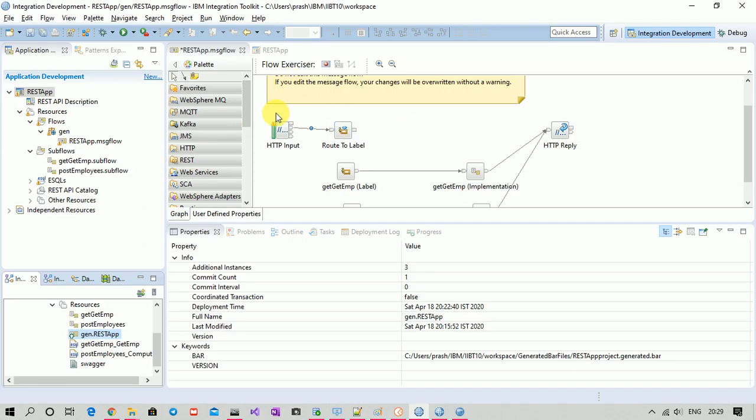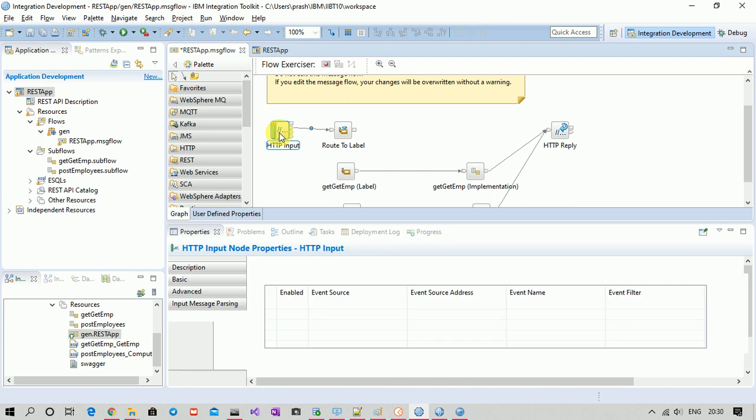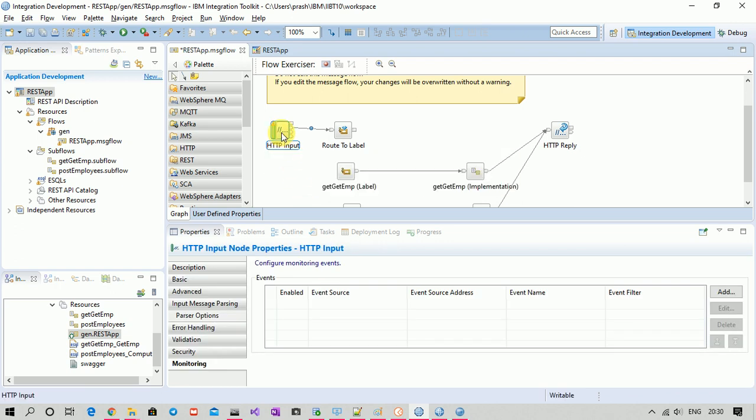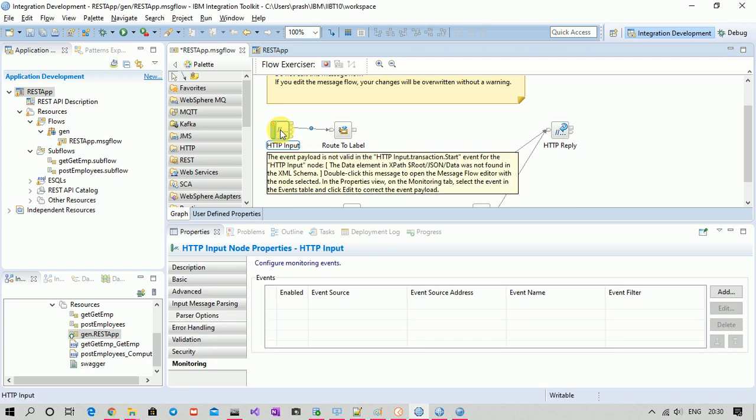Whenever somebody invokes this web service, this is a web service, right? So somebody invokes this web service, one transaction starts, right? A transaction always starts with the input node. So the input node can emit a transaction start event message, right?